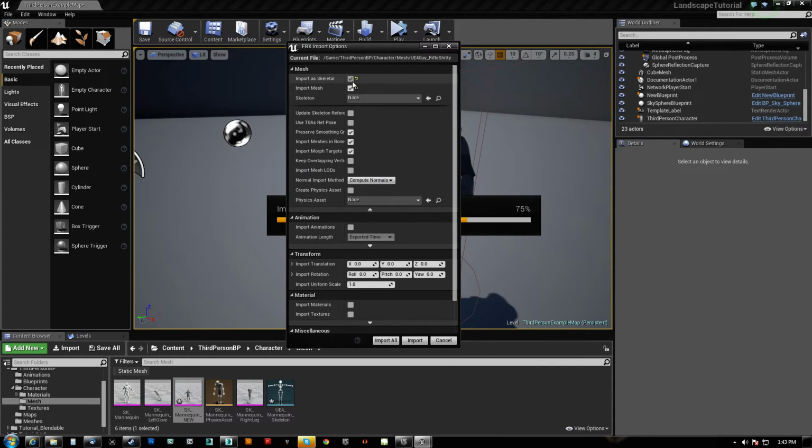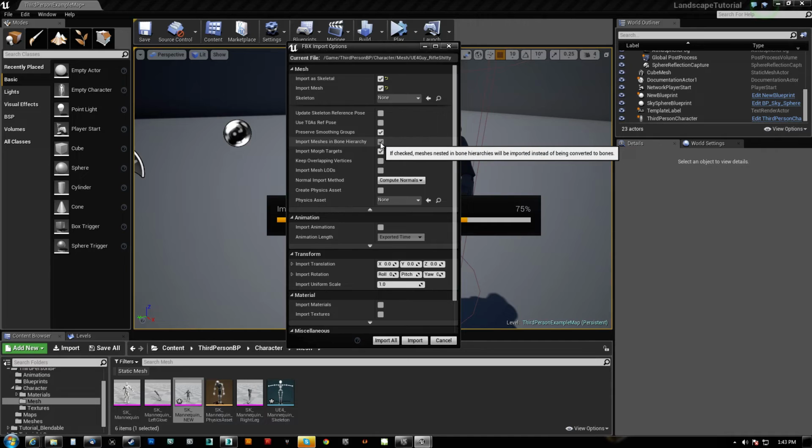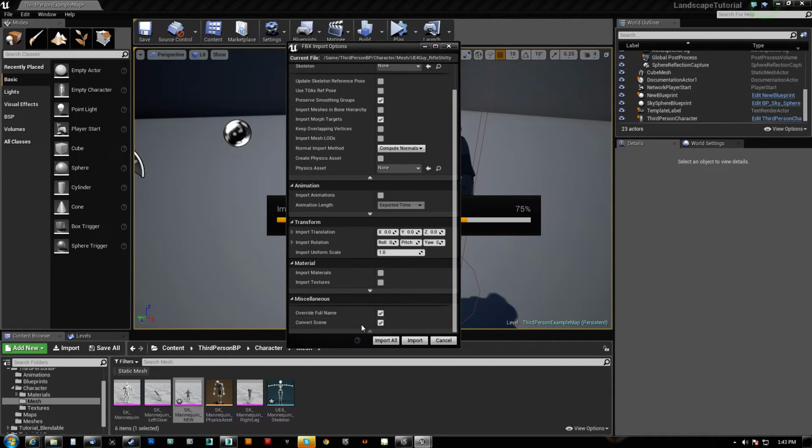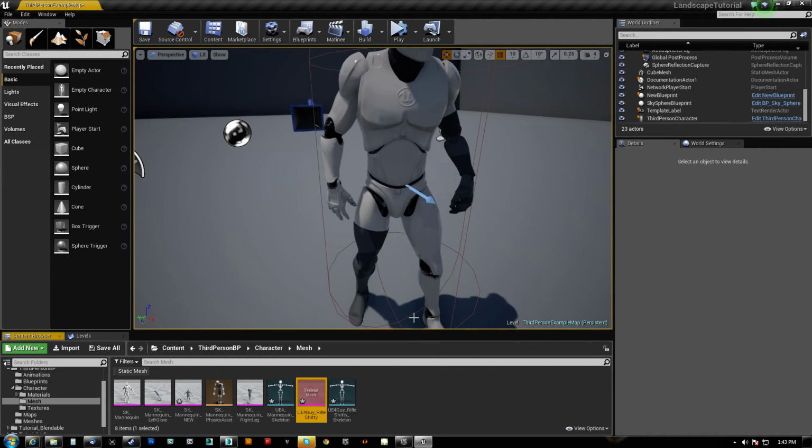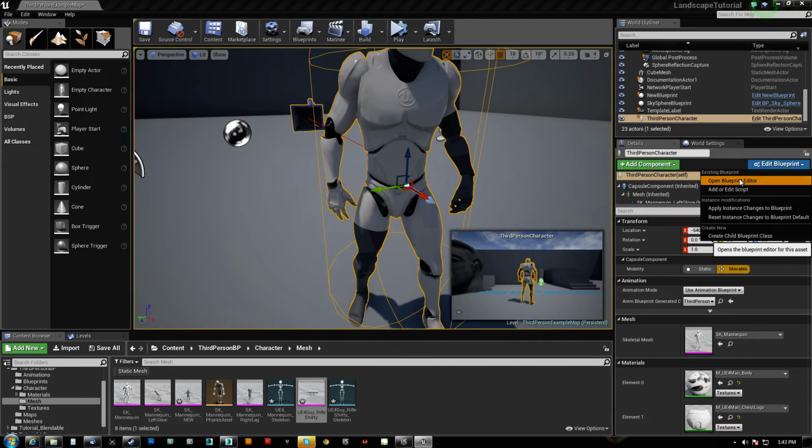We want it to be skeletal mesh. We need to uncheck import meshes in the bone hierarchy. The reason is because we used meshes as our bone hierarchy. Those will come in as pyramids and they'll show up visually. We don't want that. We want them to be bones. Okay, then everything else I think is okay. Import just fine. Now let's edit this guy's blueprint